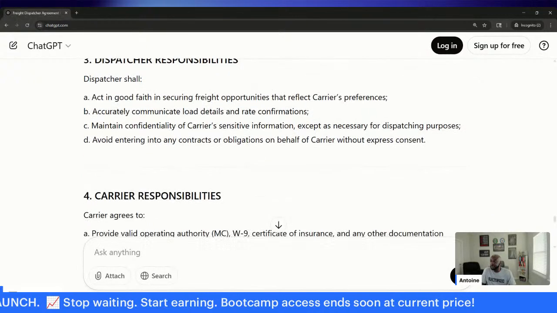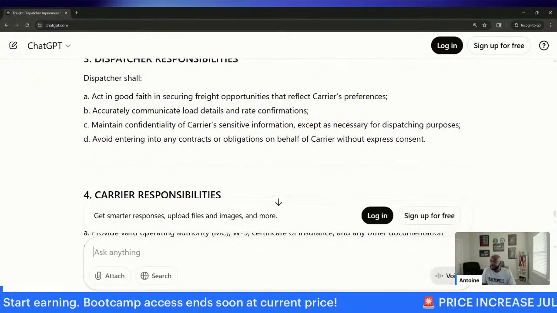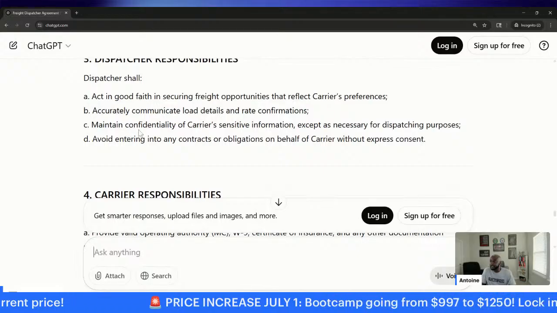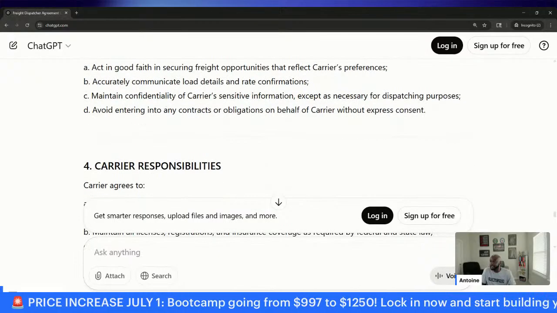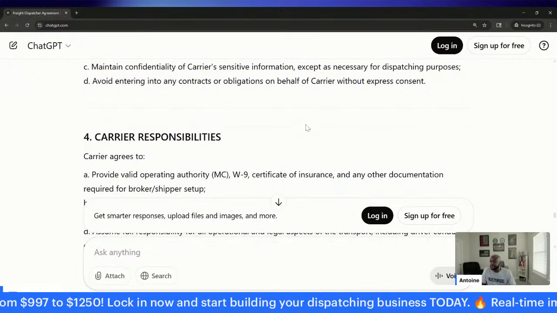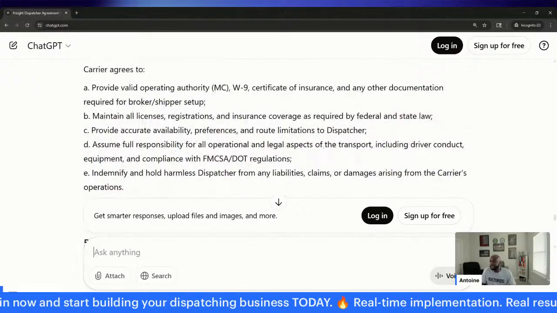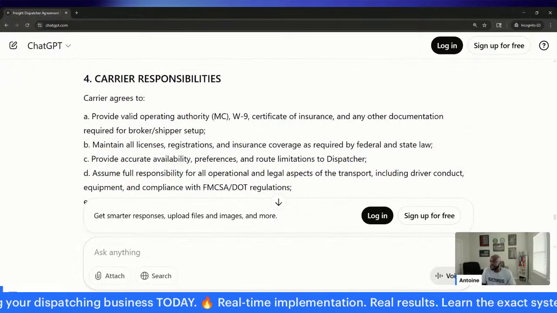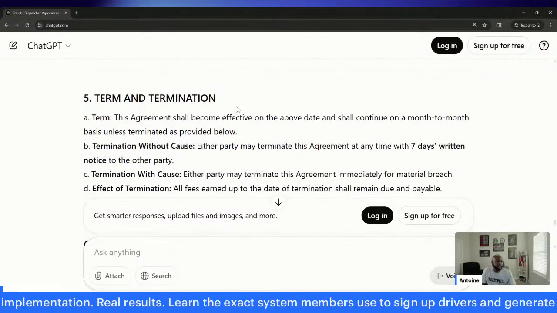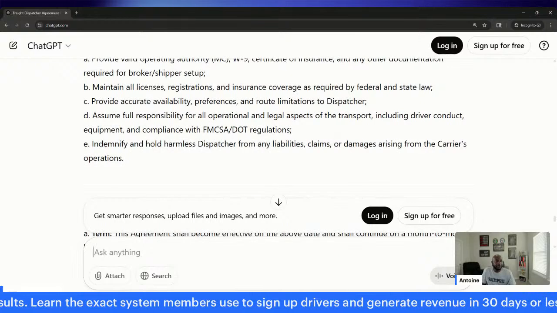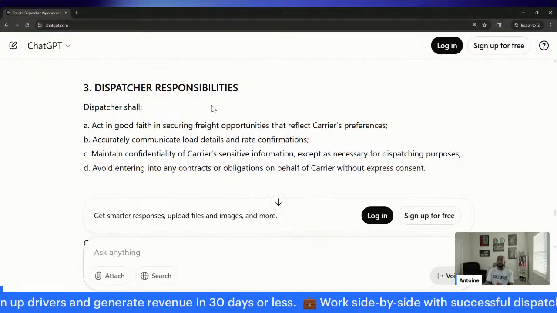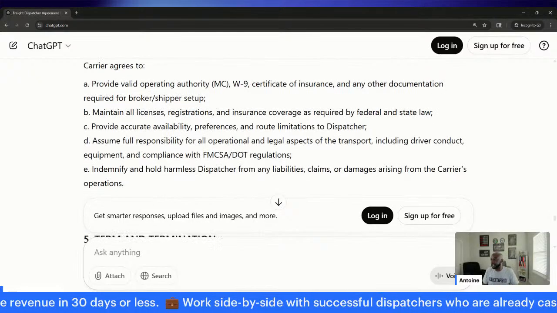You got your dispatcher responsibilities. Act in good faith, communicate load details, maintain confidentiality, avoid entering into any other contracts or obligation on behalf of the carrier without express consent. So this is your dispatch agreement using ChatGPT. If you don't have a dispatch agreement, I would use ChatGPT to put one together sometime soon. And also what we could do here,